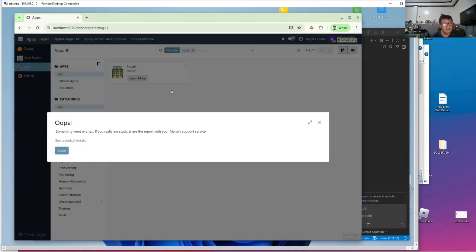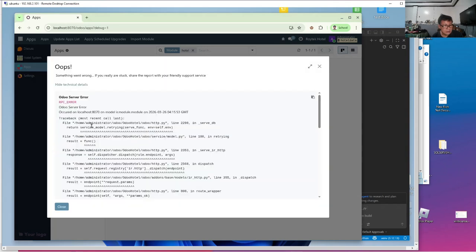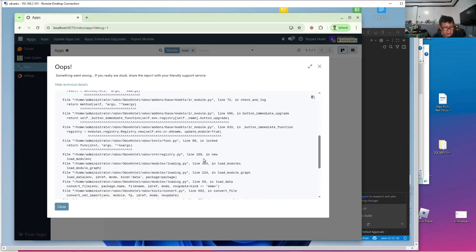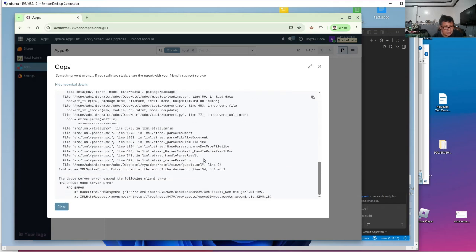Wait a while. There's an error. Let's see the technical details. Then we copy this. Can we understand the error? It's already in line. It says XML line 34 in guest.xml. Okay, line 34.